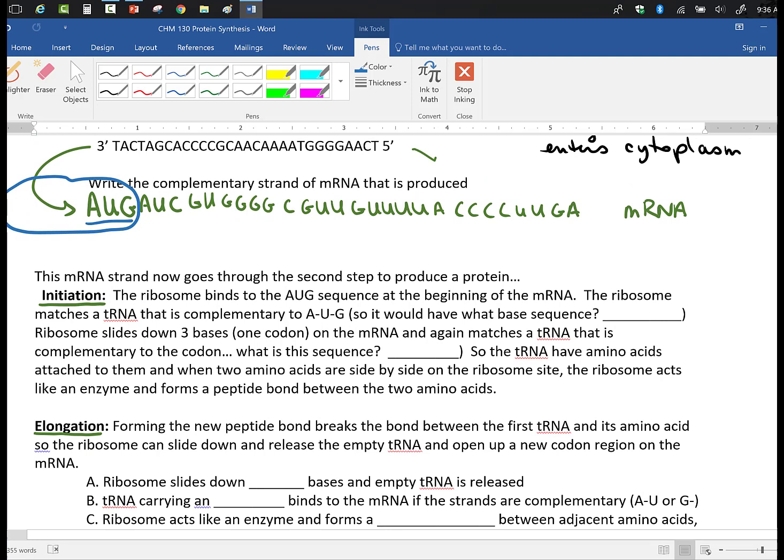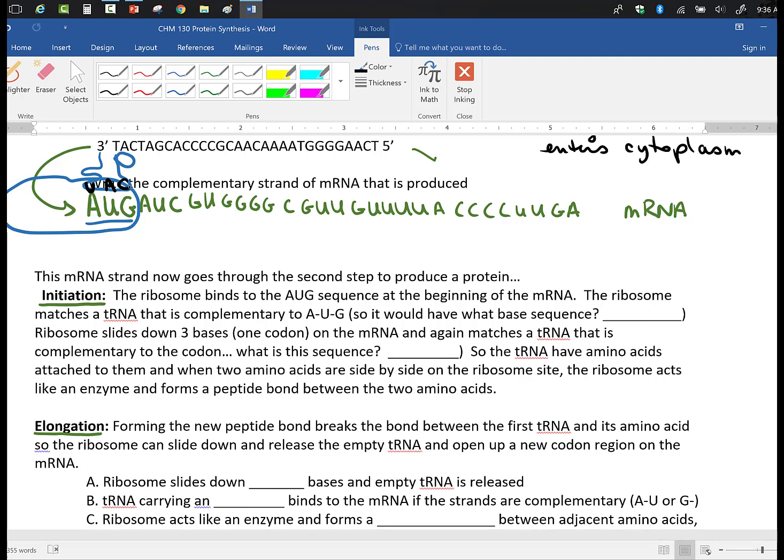So that sequence will allow a tRNA to interact only if it's complementary to that AUG. So if we have our tRNA strand, it's carrying an amino acid, what would its sequence need to be complementary? A would have a what? Nope, can't have a T. This is RNA, so it would have to be a U. So we'd have a U, and then the next one would be an A, and the next one would be a C. So UAC is what would be on the tRNA, and that would allow hydrogen bonding,